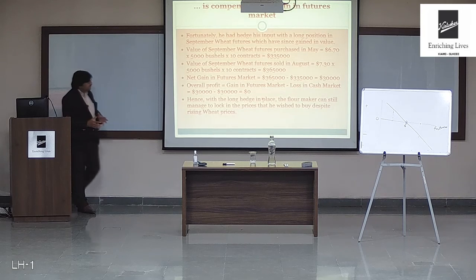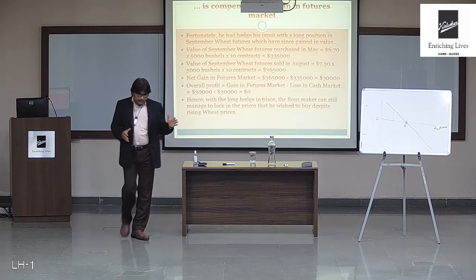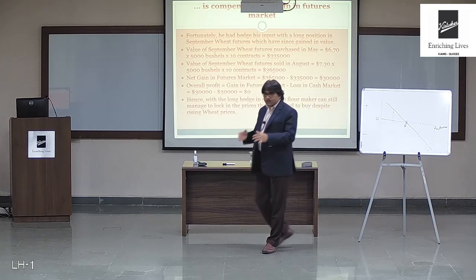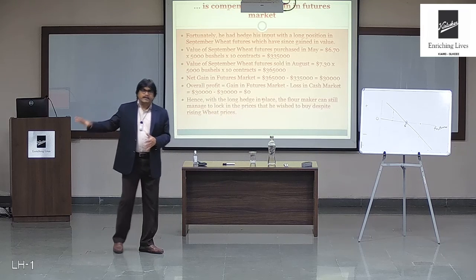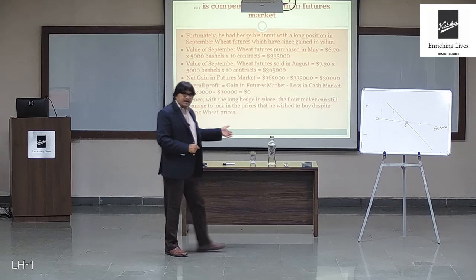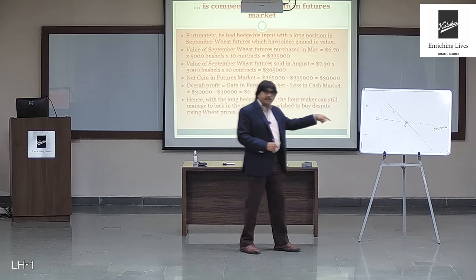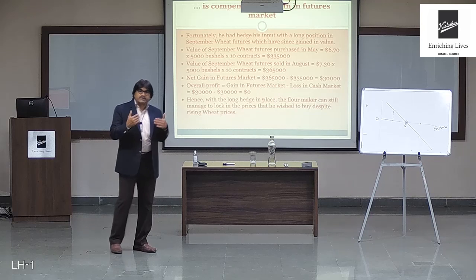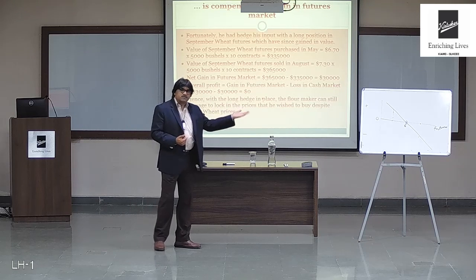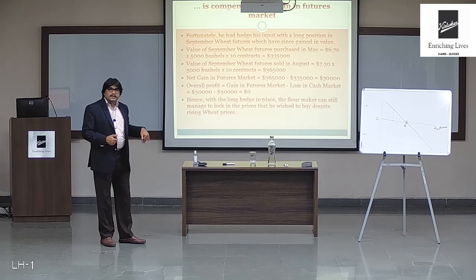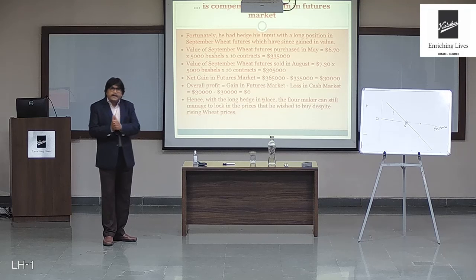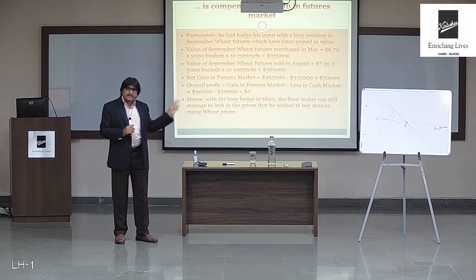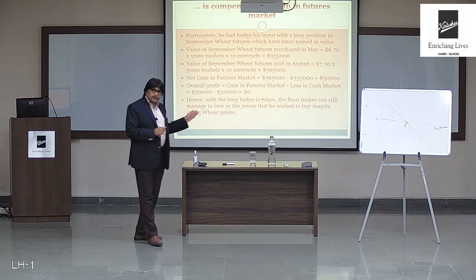So this is how the long hedge for the manufacturer works. The manufacturer has to do some activity in the spot market, and to hedge that activity, the manufacturer enters into a contract in the futures market. As we have seen in this example, the loss in the spot market has been offset by the gain in the futures market. That is how the futures markets work. It mitigates the risk which is generated by the spot market. The spot market risk is mitigated by taking a position in the futures market. So futures provide hedging to the basic exposure to the underlying. As you've seen, although the price of the wheat has increased in the spot market, the buyer, the flour manufacturer, has